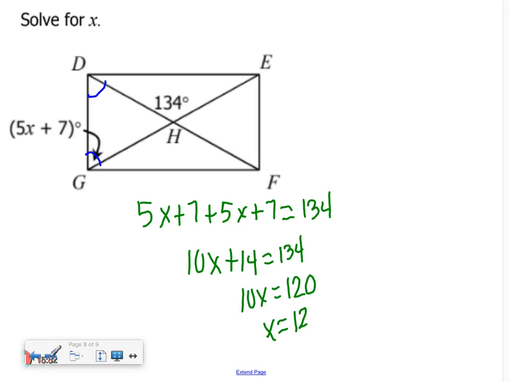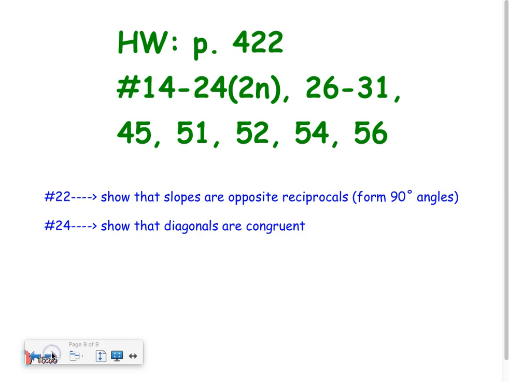Okay, if you did not finish your quiz, I would like you to maybe do that now, and then everyone else can work on their book assignment. I put little hints on 22 and 24 up on the board so you don't do